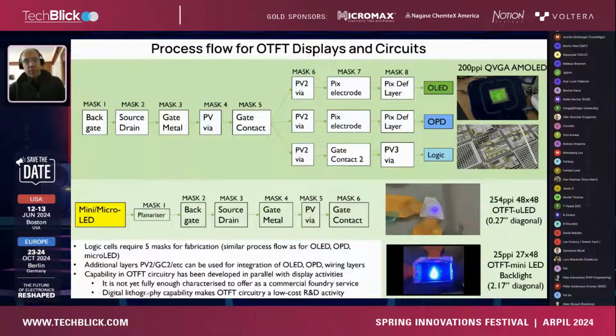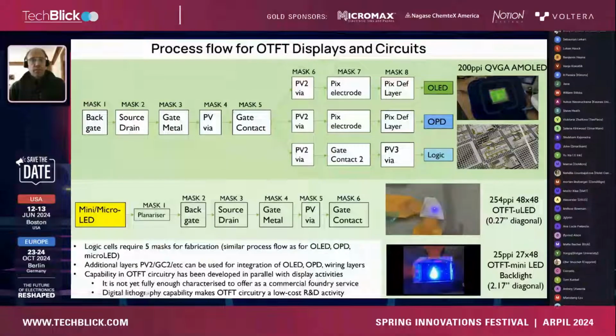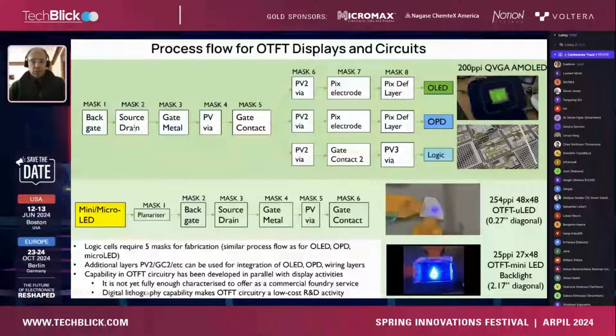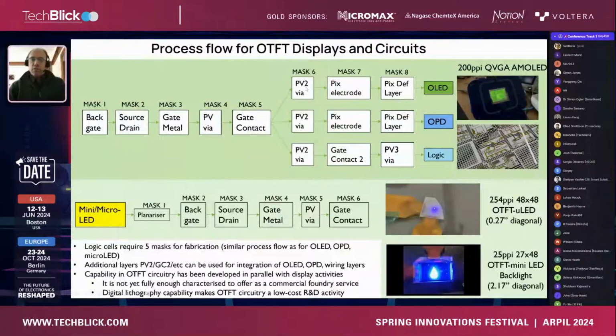The process for fabrication uses photolithography via masks or direct photolithography. We make a dual gate device, which includes a back gate and a front gate. We've got various passivation layers and source drain metal patterning. And then we can take this 5-mask process and develop lots of different types of devices by varying the latter